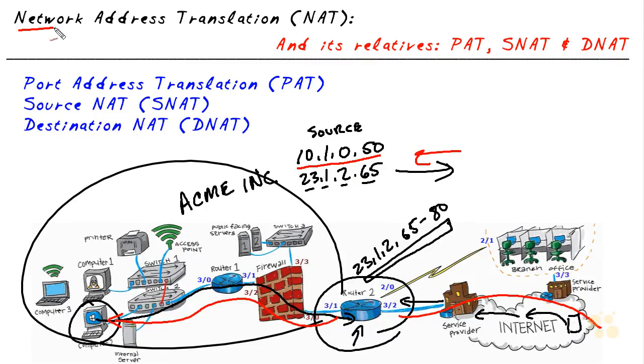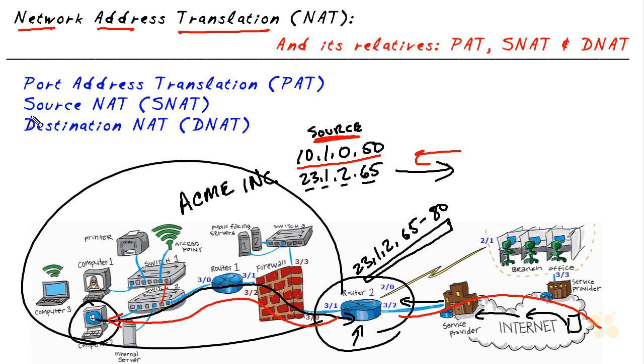So that's what network address translation is all about. It's about swapping out an IP address from a layer 3 packet and replacing it with something else. In this example, we're replacing an RFC private IP address space with one that's publicly routable over the internet. And when we replace the source address, as we did here, so Bob's source address of 10.1.0.50 got replaced with the source address of 23.1.2.65 for that packet's journey over the internet,